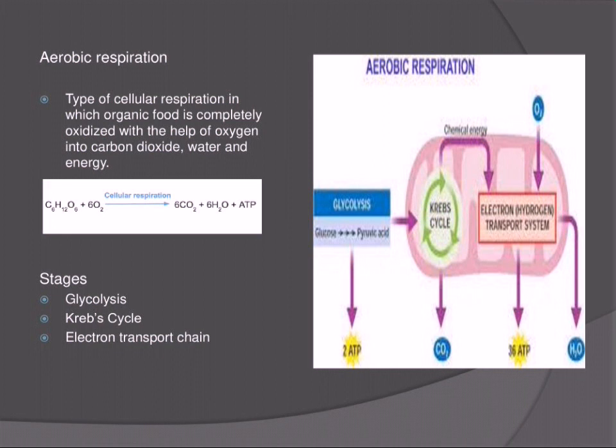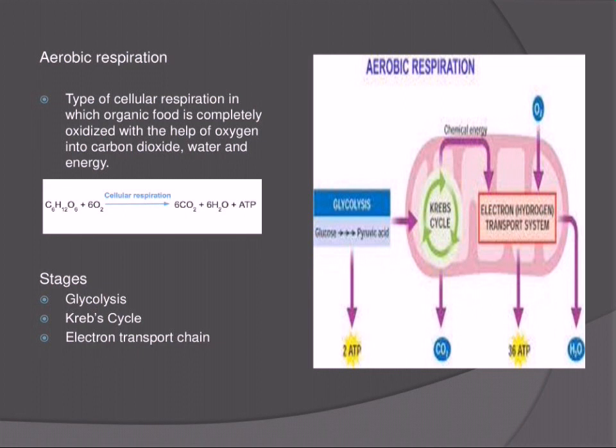In this entire process, oxygen, the ultimate acceptor of electrons, gets reduced to water. So for aerobic respiration, oxygen is very, very important. Aerobic, air means oxygen. The name itself implies that this respiration can take place only in the presence of oxygen. In all three stages, we have seen that oxygen played a major part. Everywhere, all the molecules got oxidized, for which oxygen is required. So this is aerobic respiration.